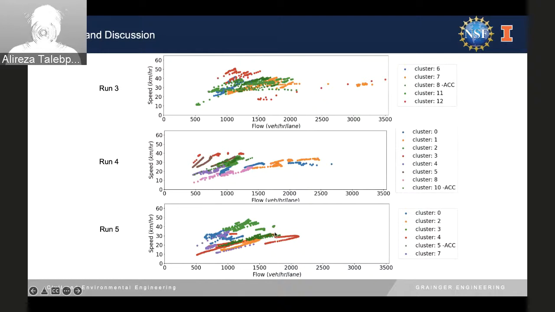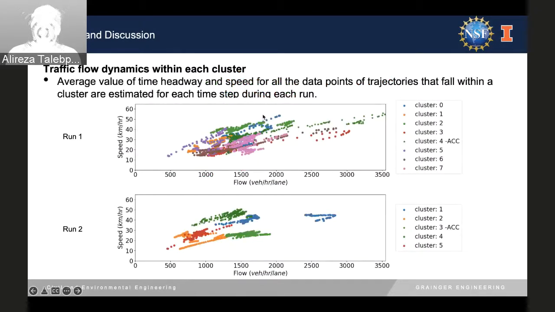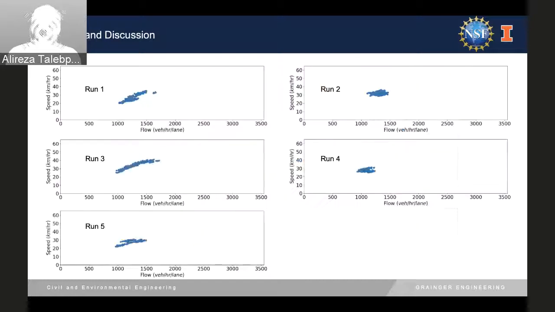But in run 5, they're not very distinguishable, so they're mixed with everything else. The same for run 3. So the level of confidence in these two was much lower than in the others, and the statistical tests also showed that pretty well. Run 1 and run 2 were a lot more distinguishable than the other ones. But this is comparing those graphs to the aggregate, if you just plot the whole thing.